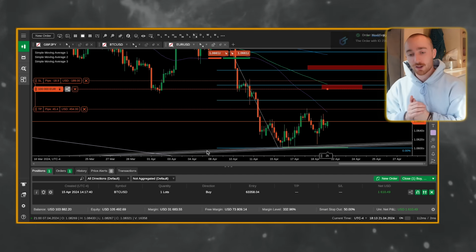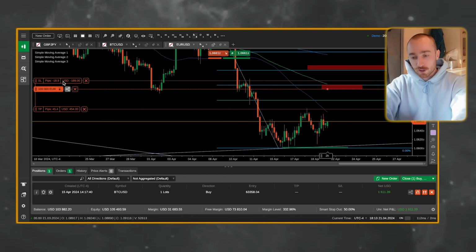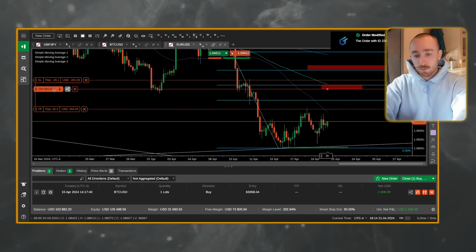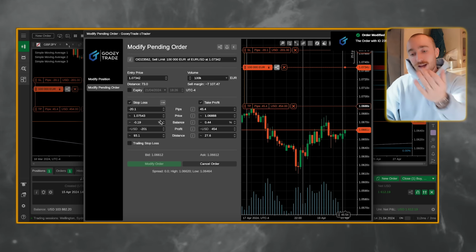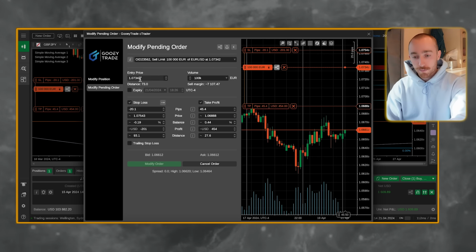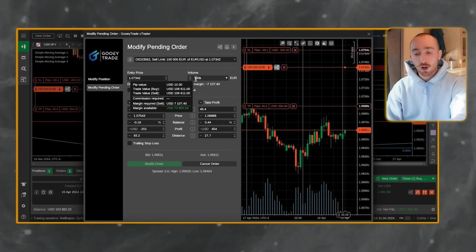We have our order set at the right price. We have our stop loss, roughly 20 pips. We can make it a little bit wider if we want. 20 pips, 45 pips. Double click it. Based on our account size of $100,000, our 20 pip stop loss, currently at one lot, we are at just